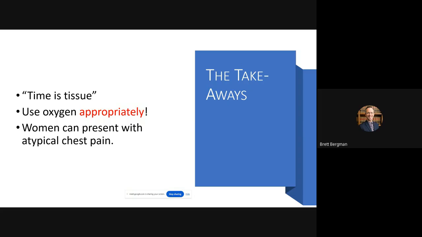And then we really need to remember that women can present with atypical chest pain. They have been out skiing, they are exerting themselves. If they have a heart attack, they may not come to you with chest pain. They may be coming to you with shortness of breath and fatigue. And so we also really want to be thinking about that as we are seeing patients that are giving us those kind of indications that they might be big sick. You don't want to forget that you might have a patient that has a cardiac origin to their kind of vague symptoms, especially in women.